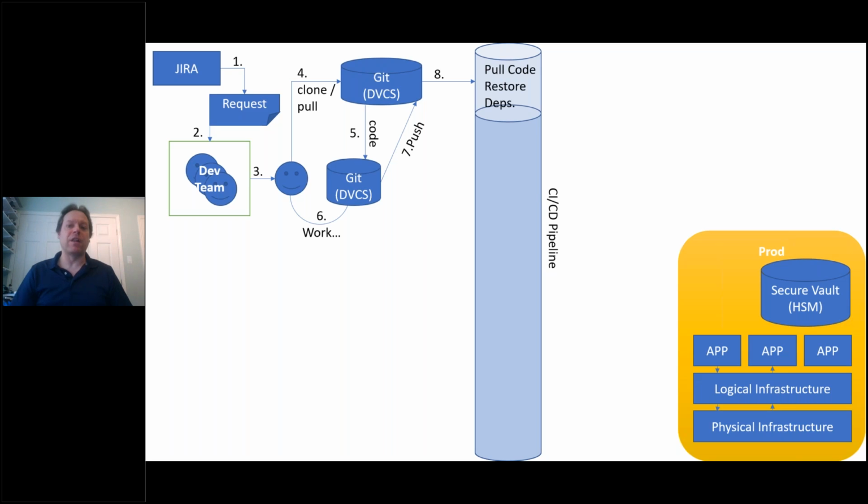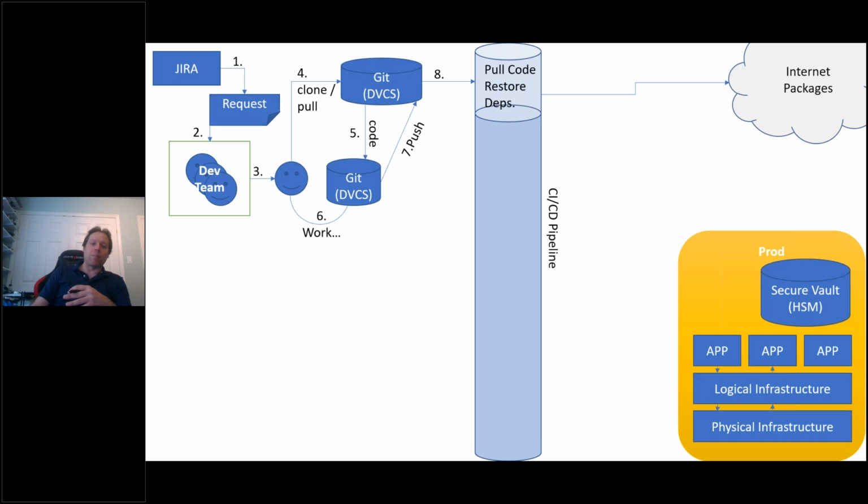The pipeline, if you're not familiar with that, would be a piece of code that would automate a workflow, a build, test, and potentially deployment workflow, as we'll explore over here. So as we pull the code from our Git repository, we'll need to restore dependencies. Those dependencies may come from the internet. For those of you who come from Java, things like Maven, Gradle. If you come from .NET, NuGet. If you come from Node, you would use your NPM, Node Package Manager,